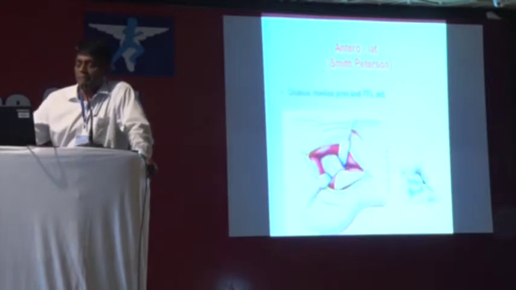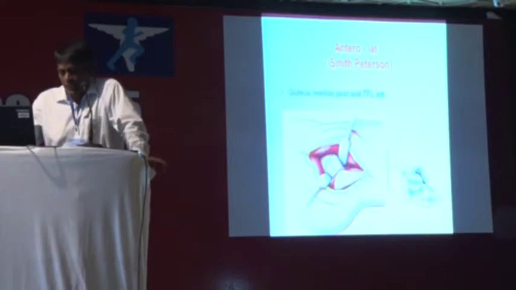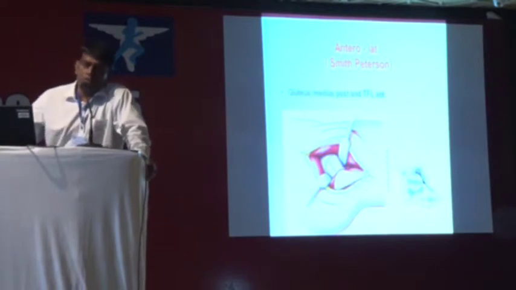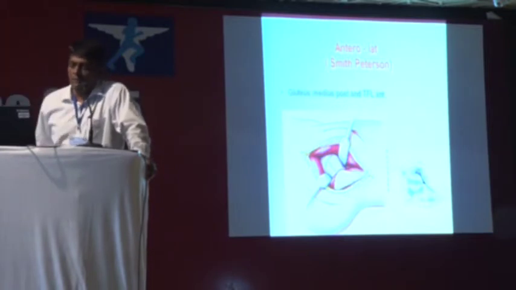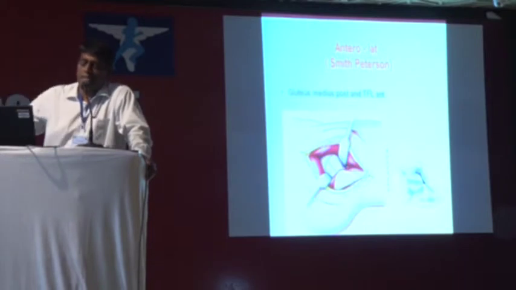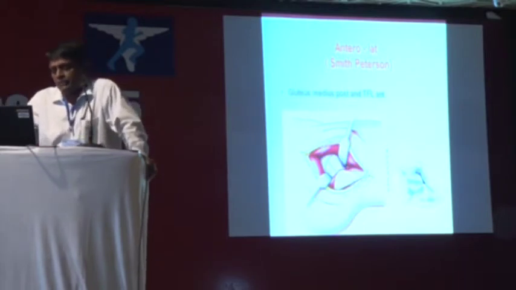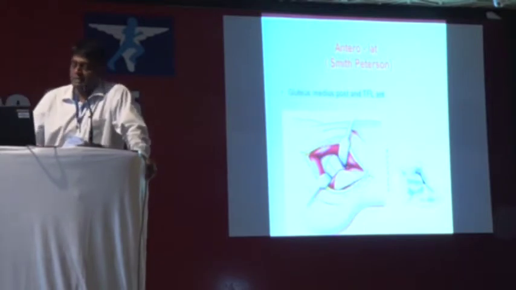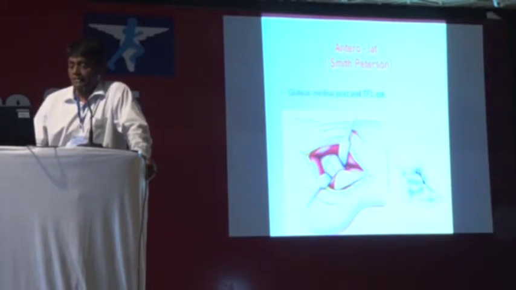Then we go to the anterolateral approach, based on the muscle plane. Now we are between the gluteus medius, posterior, and the TFL anterior. This is the approach that we use for open reduction of a fracture neck of femur. If you want to use this approach, you have a lateral incision which curves towards the ASIS. And this is being used for arthroplasty by many surgeons. A lot of surgeons in India also use this approach. It's got advantages and disadvantages.